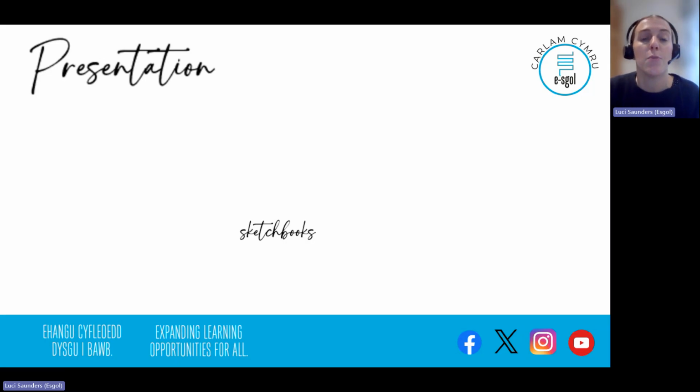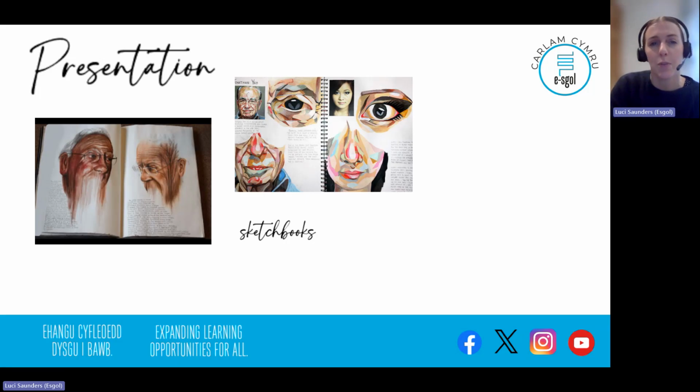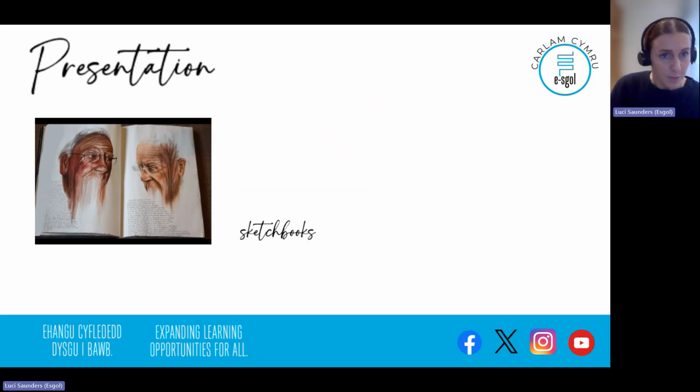There is a bit of a misconception that you need to work in a sketchbook. You absolutely don't, although they can be brilliant. So these are just some examples, again, from Google and a couple from students that I've taught, of sketchbook pages that are really successful. On the first image here, this is very much 2 pieces of artwork